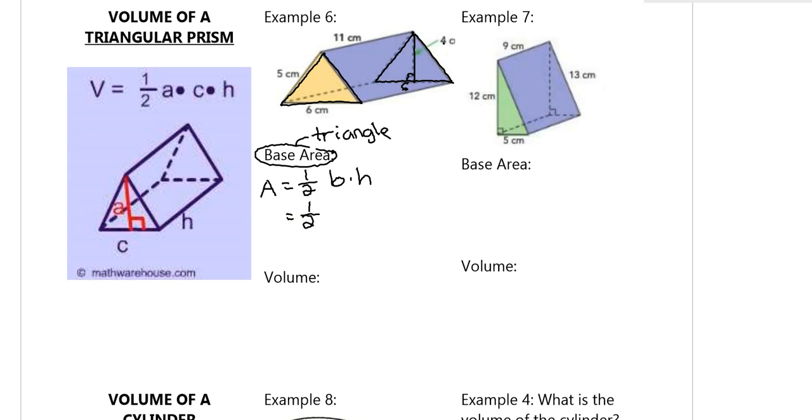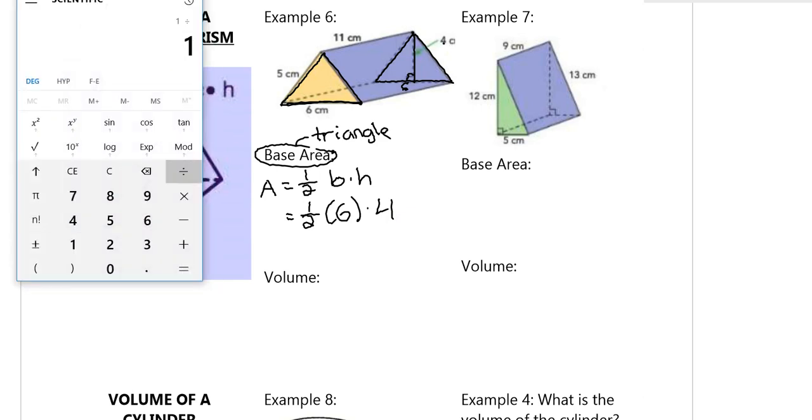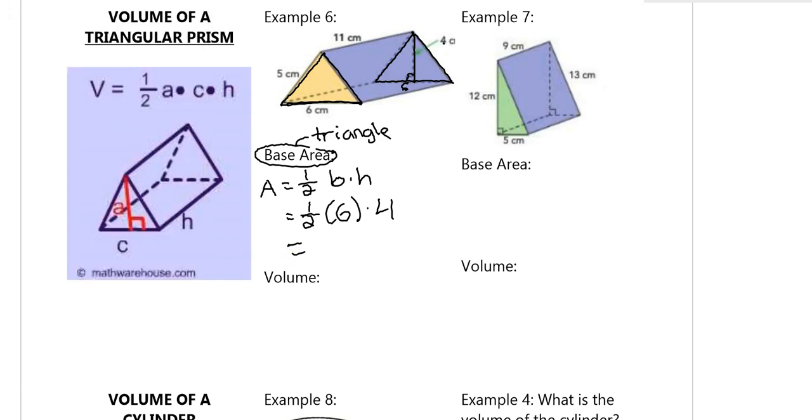1/2. My base is 6. My height is 4. Okay? So 1 divided by 2 times 6 times 4, I get 12. Right, so that's 12 centimeters squared. Okay? Now, for volume, if you look here, my volume of a triangular prism, they've changed they call